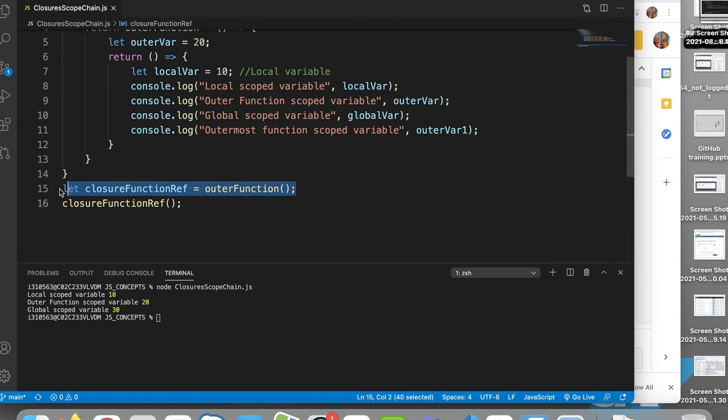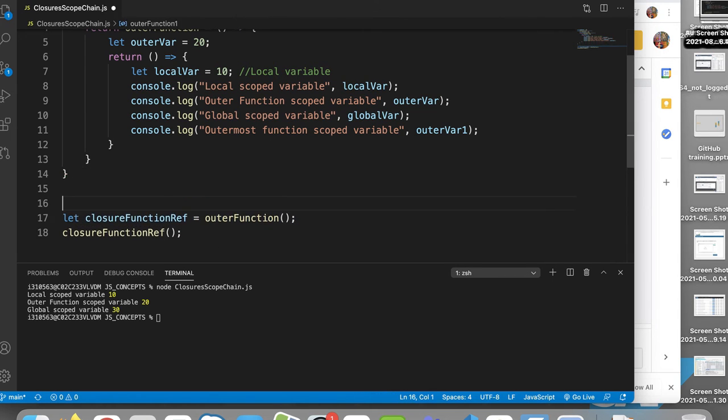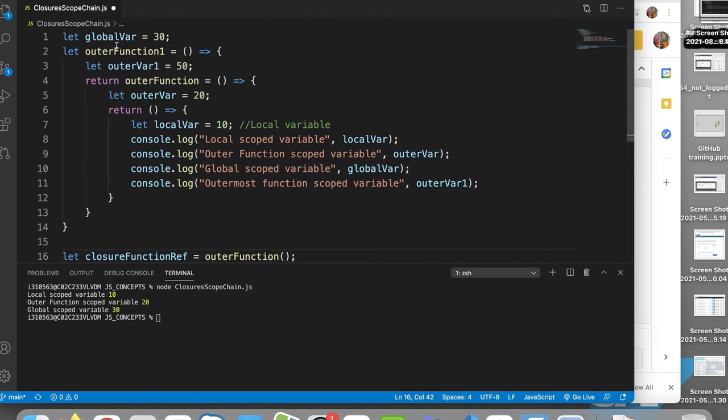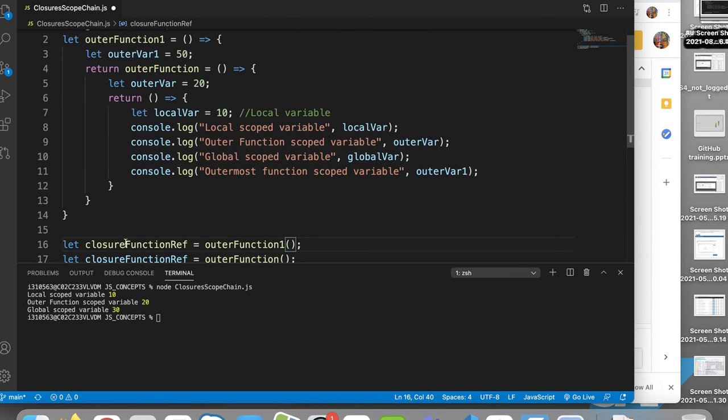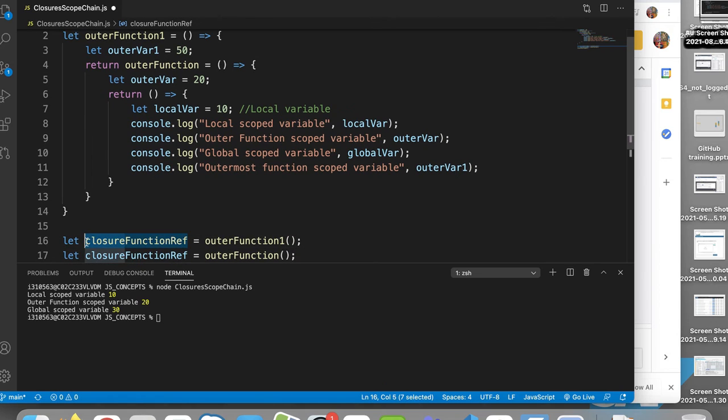Okay, let's call outer function 1. The expectation is that it will return the outer function reference, the closure, which is nothing but this closure.